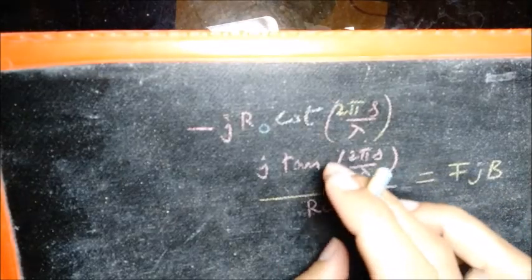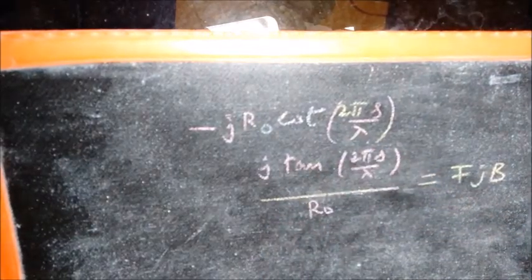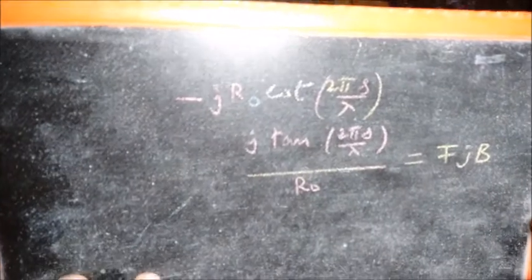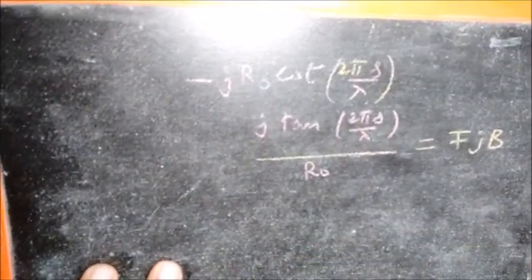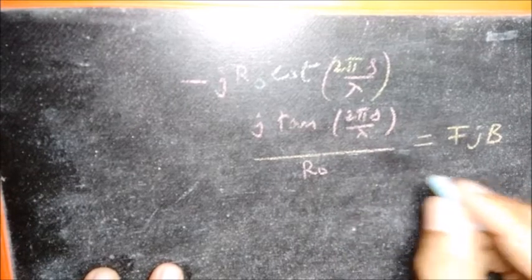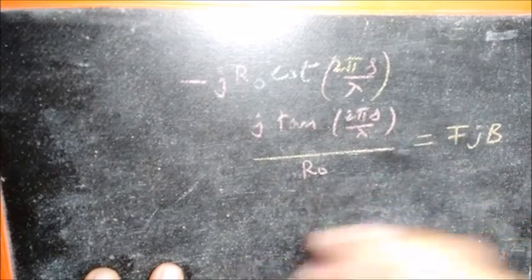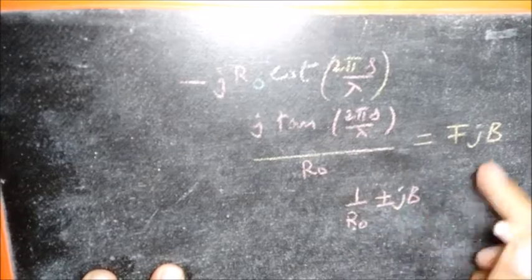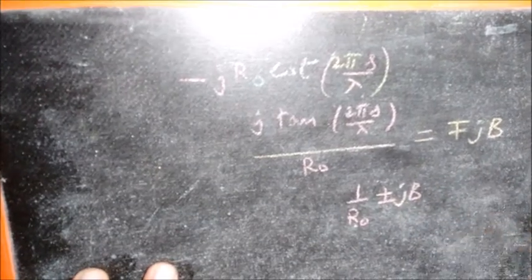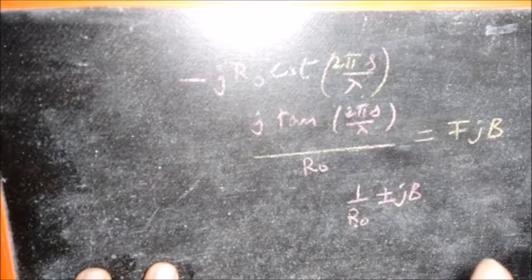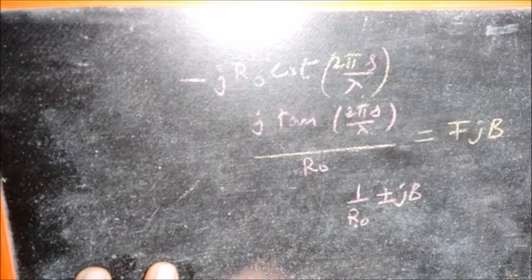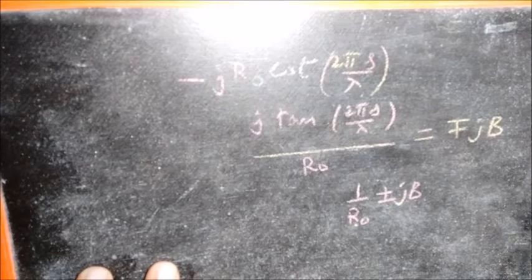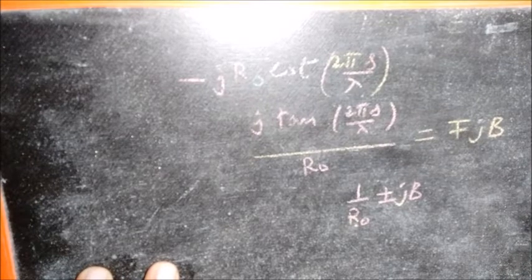So that when an open circuited stub is connected in parallel, as we discussed earlier as to how a short circuited stub is connected, it is also possible to connect an open circuited stub in parallel at that particular location where we have the admittance as equal to this, and then cancel this off and end up getting an impedance at that point which is equal to R naught, and avoid reflection from that point towards the source, and attain some kind of impedance matching.